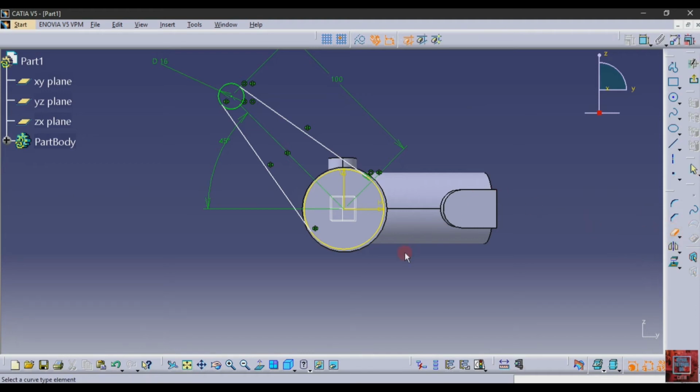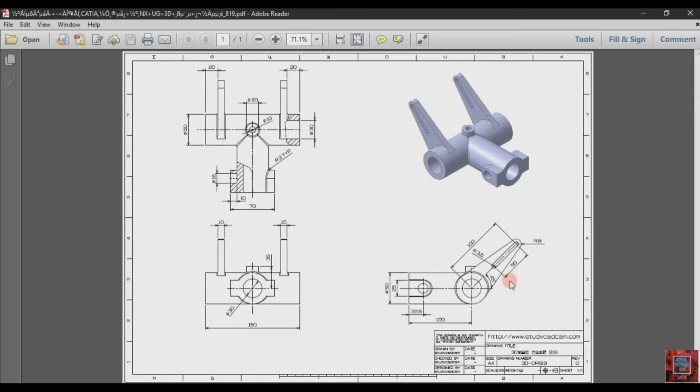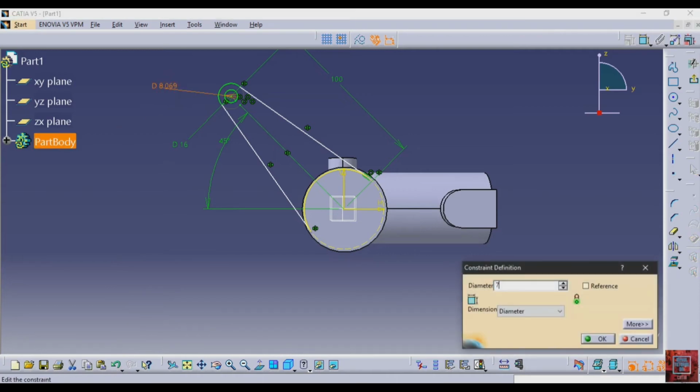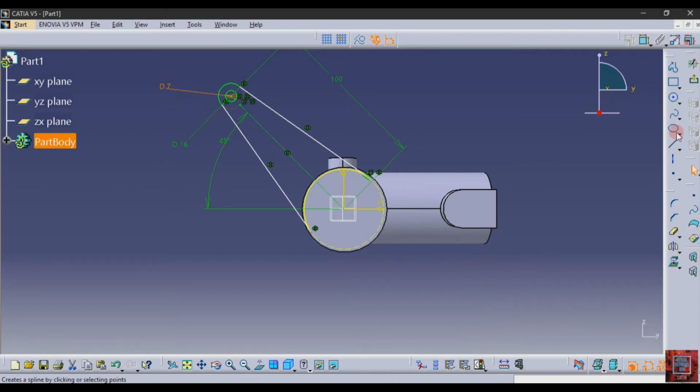So trim the extra part, trim this circle's extra part, and this circle, again this circle. After that again select a circle and make a circle. The radius of this circle is 3.5, so the diameter is 7.